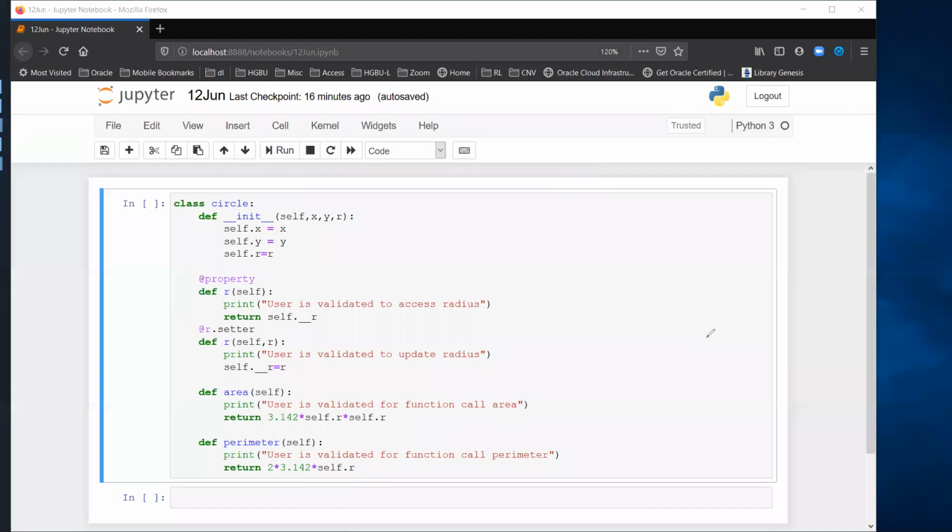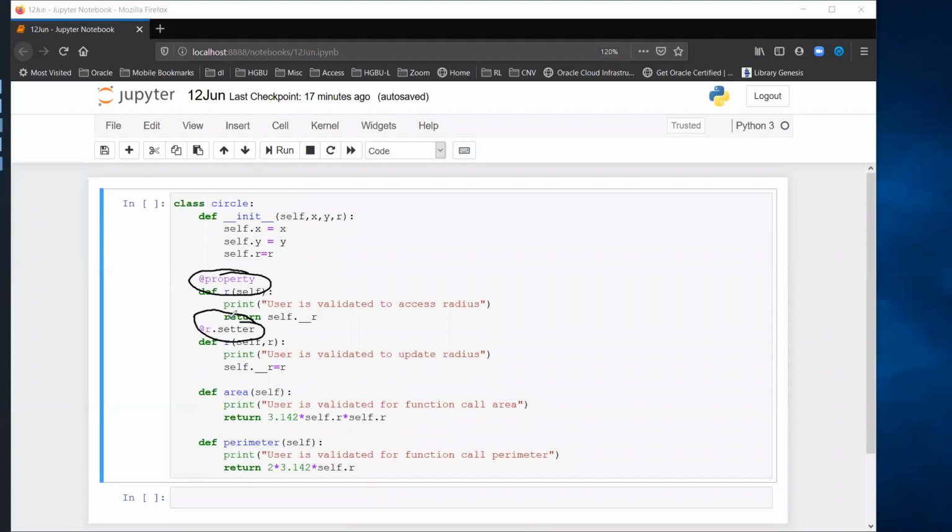Sir, what is the use of @property and @setter? That is what I'm saying. @property and @setter, we call them decorators. This is a concept in Python. There is something called decorators in Python, which will change the behavior of your function, change the functionality of your function on the fly.